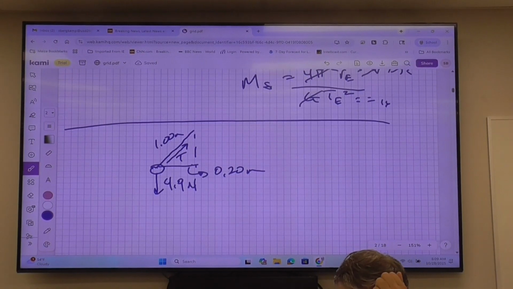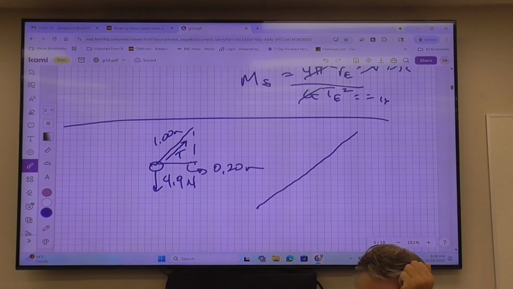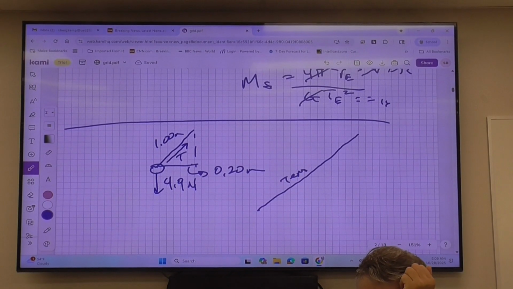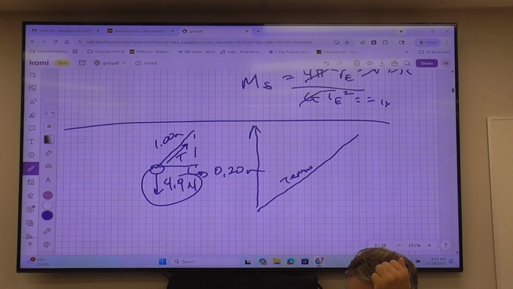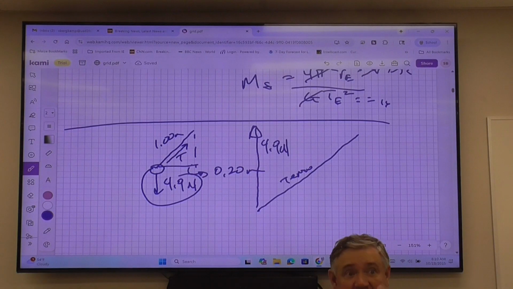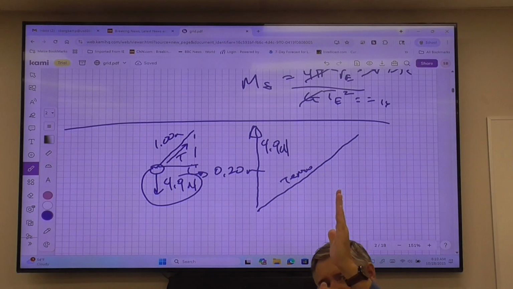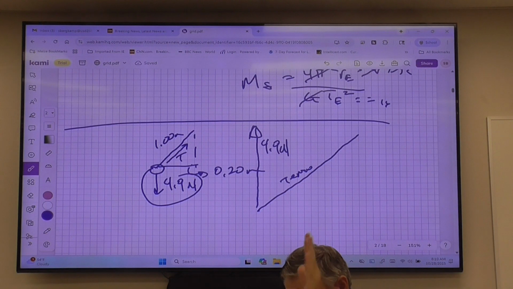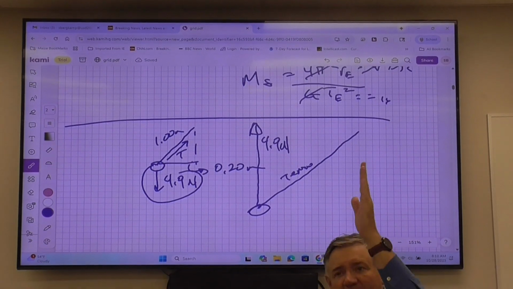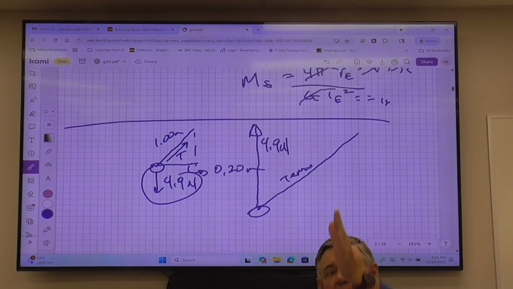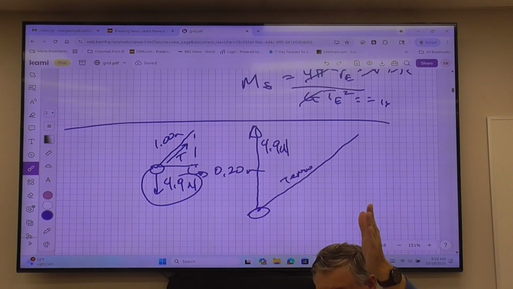So I'm going to isolate this tension a little bit bigger, okay? So this is going to be this tension. Now, since this thing weighs 4.9 newtons, that means that this vertical side over here is 4.9 newtons, because that's what has to happen. The vertical component of that tension has to balance out the gravitational pull that's pulling it down, okay? So start with this. This is a 500 gram mass. Find the weight of that object. Then you know what the vertical component is over here. Now, the problem